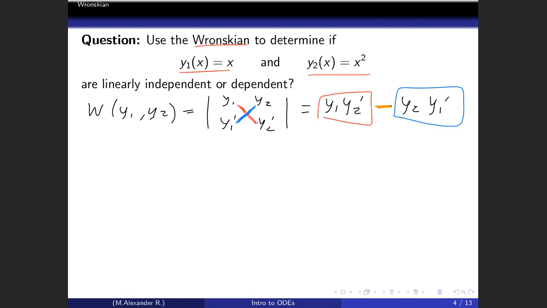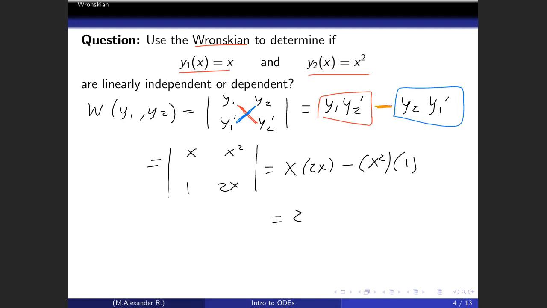In order to do that, we need to know the functions, and we also need to know their derivatives. The derivative of x is 1. The derivative of x squared is 2x. Now we're going to use the formula. y1 is x, y2 prime is 2x, minus y2, which is x squared, multiplied by the y1 derivative, which is 1. Now this simplifies to what? This is 2x squared minus x squared, and so this is equal to